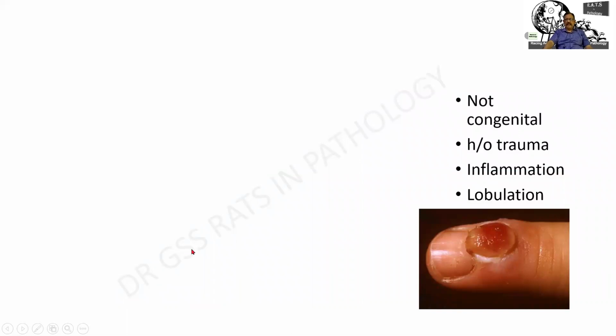There can be another lesion. We had completed capillary hemangioma, cavernous hemangioma, lymphangioma. And in this one, it is a middle-aged person who has come with a painful nodule over the finger. It is not congenital because the patient is a little old. And I am finding a reddish color as well as a yellowish white color that is there. He gives a history of trauma, and pain means there is inflammation.